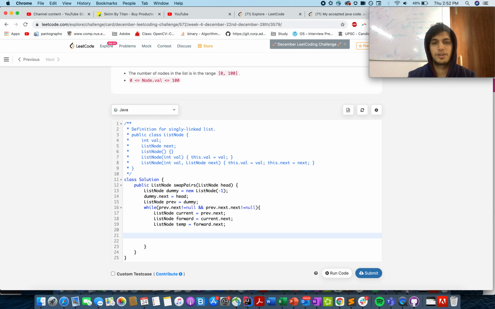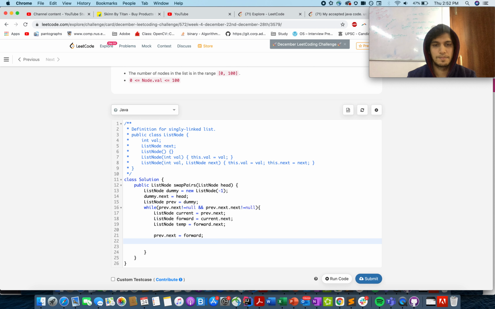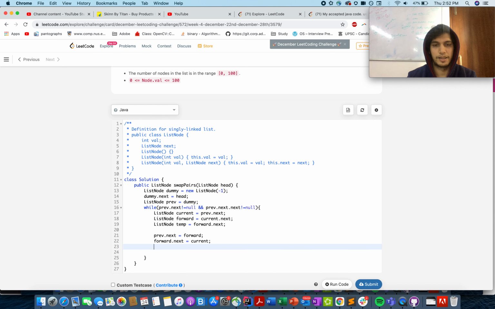And what are you going to do now? You will reorder the pointers. How are we going to do this? We will point previous.next equals forward, forward.next equals current, and current.next equals temporary node.